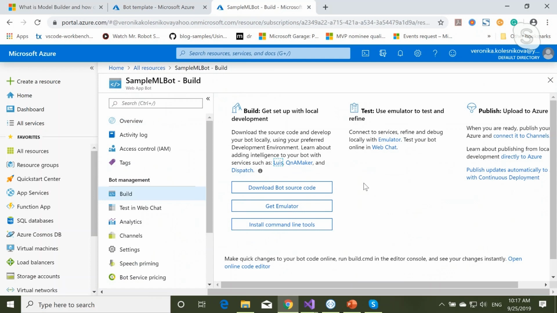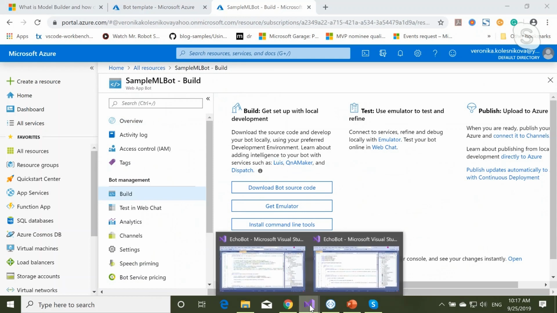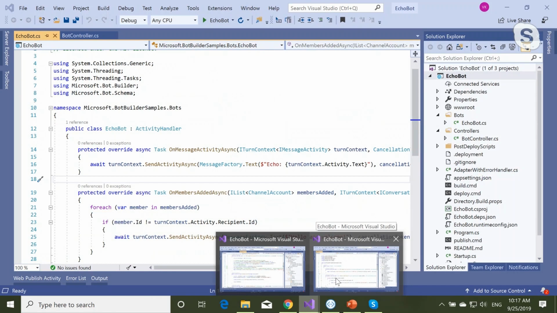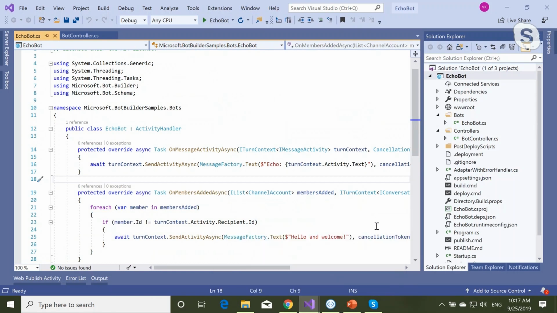And Echo bot doesn't have any machine learning attached to it because it is just repeating whatever a user types in. I already have it downloaded just to save time because I know we don't have a lot of time today. So that's the clean Echo bot that I downloaded right from my Azure portal.